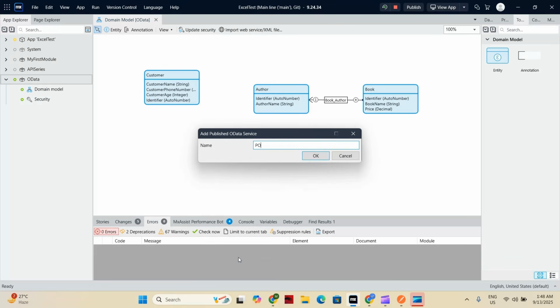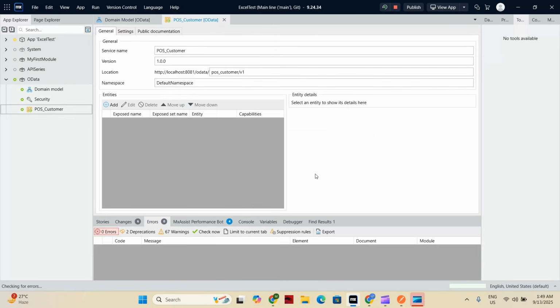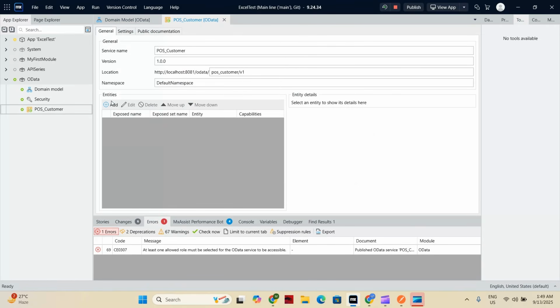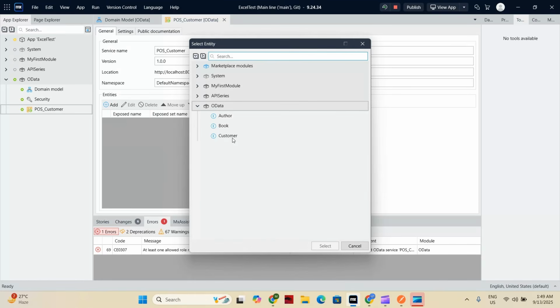Give the name POS and I am publishing for customer. So give the name customer, click OK. And after this here add entities. So I am selecting customer, select this, click,